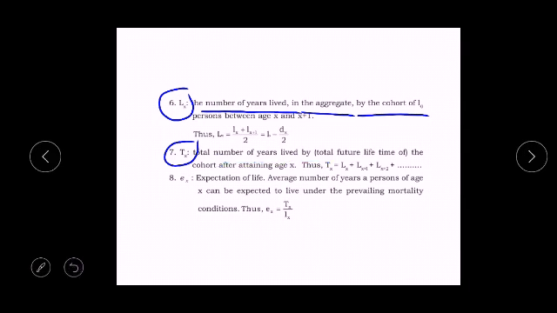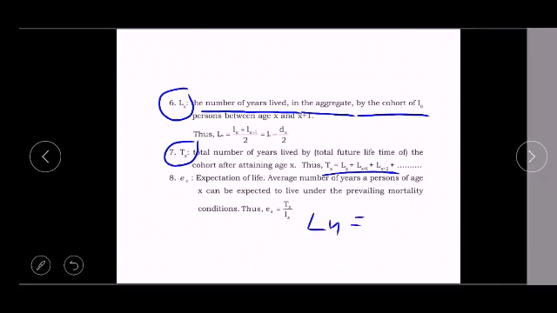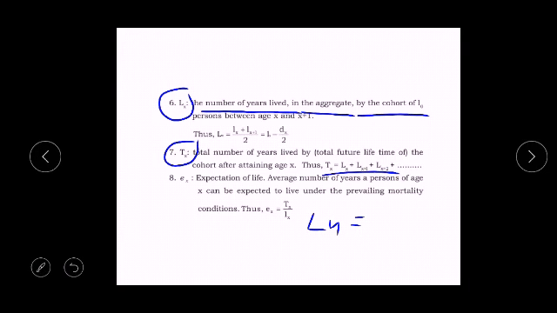So the formula here: Tx is equal to Lx plus 1 plus Lx plus 2. So that means here we can say it is the cumulative total of the Lx column. Here we go on adding the previous year total with the current year. So it is a cumulative of the Lx column.